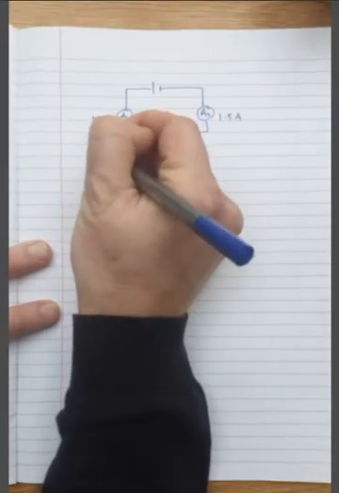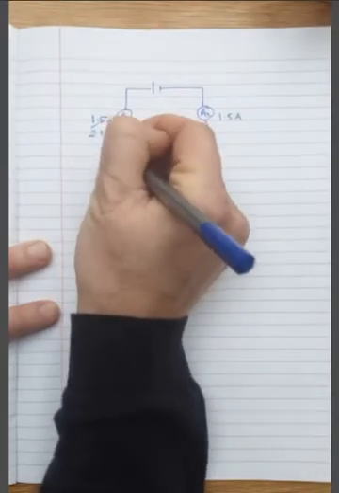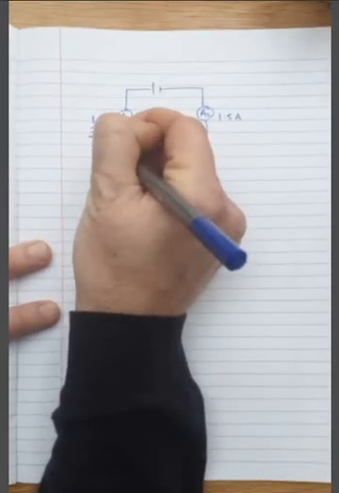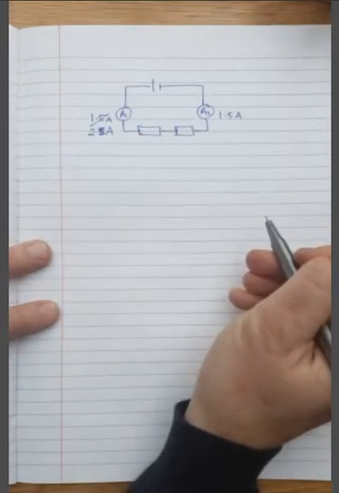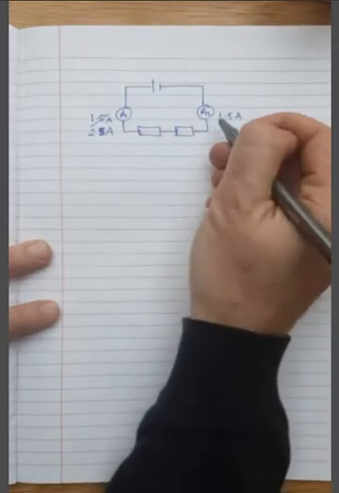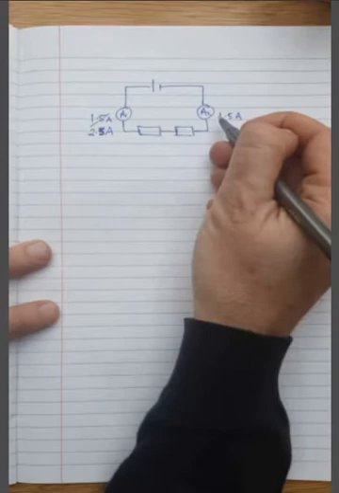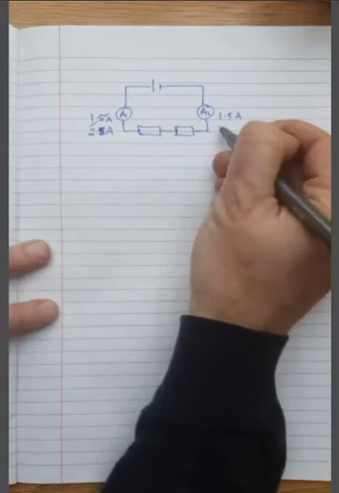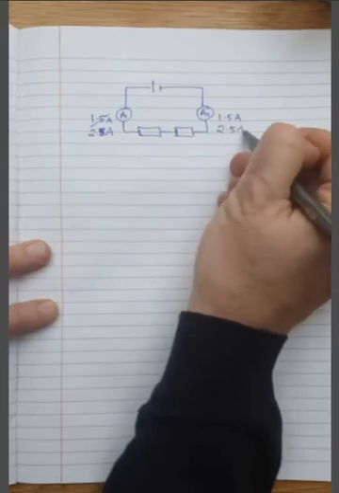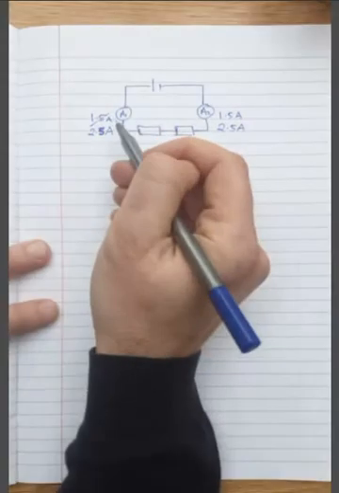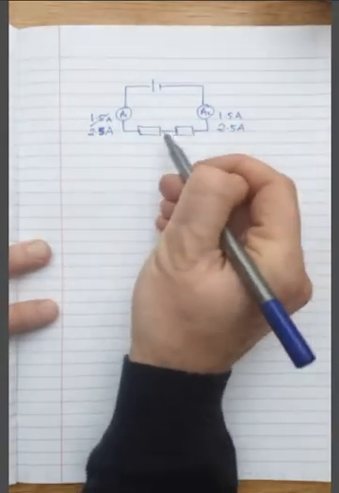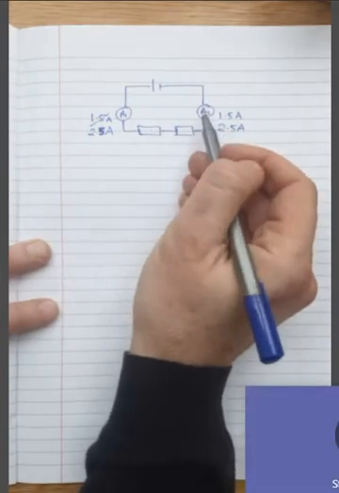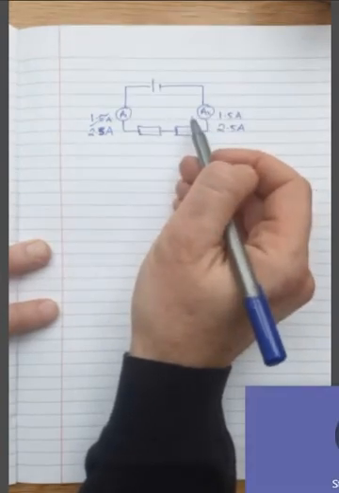Let me try that again. If the reading in ammeter 1 is 2.5 amps, what do you think the reading in ammeter 2 will be? Yep, that's correct. It is 2.5 amps,